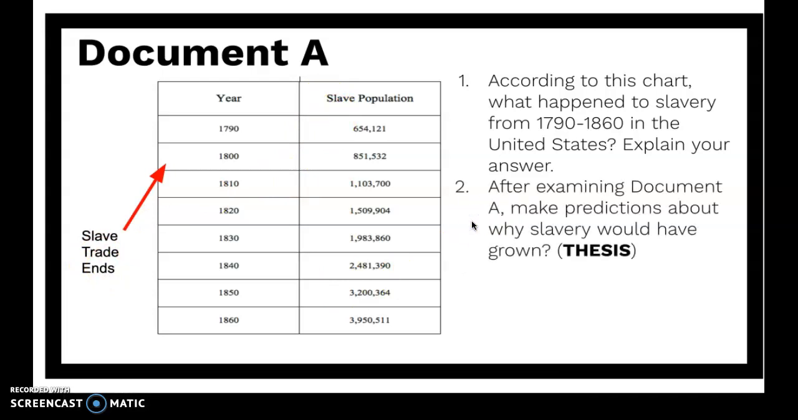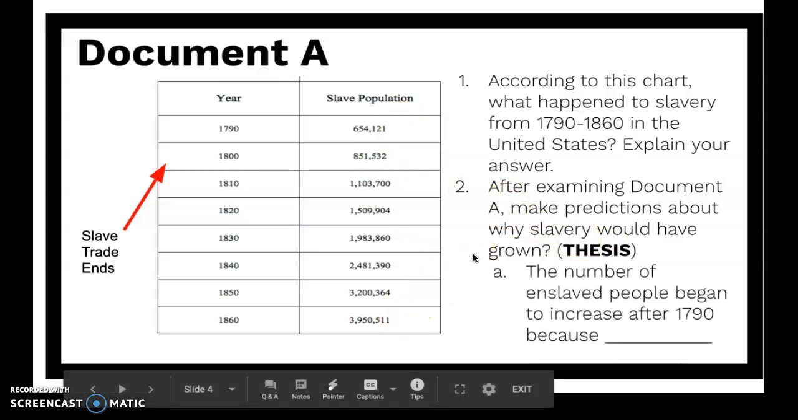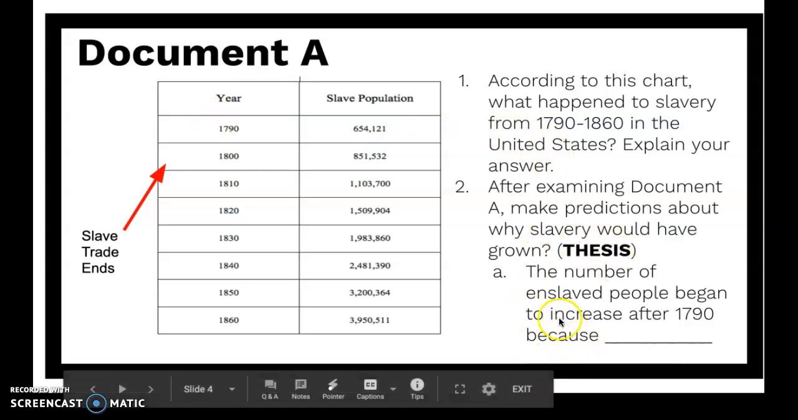So for question 2 on your packet, I'd like you to make a prediction. This is like a thesis statement, your main point. Why would the slave population continue to grow even though the slave trade has ended, and we know by the end of the 1700s, people were freeing slaves? So I'd like you to pause and take a minute to make a prediction. The number of enslaved people began to increase after 1790 because,